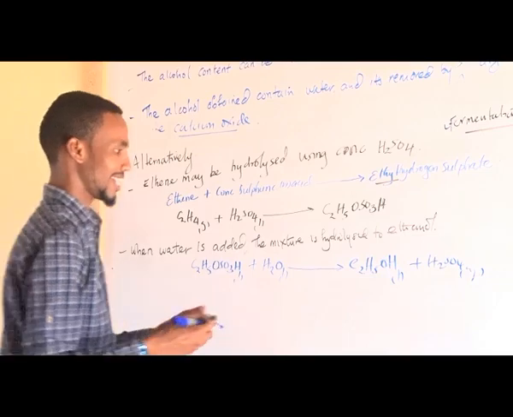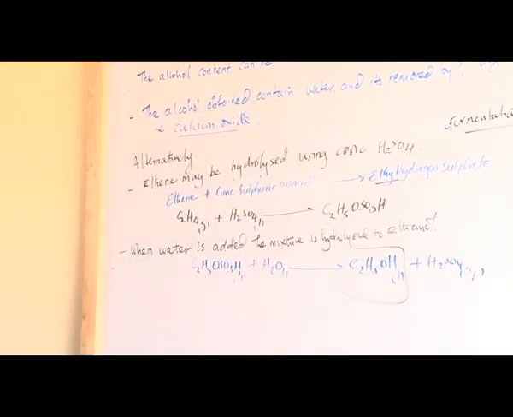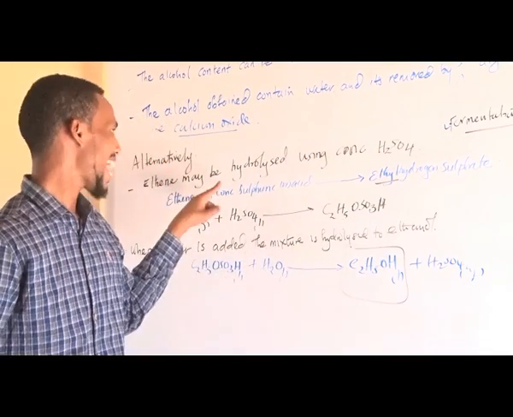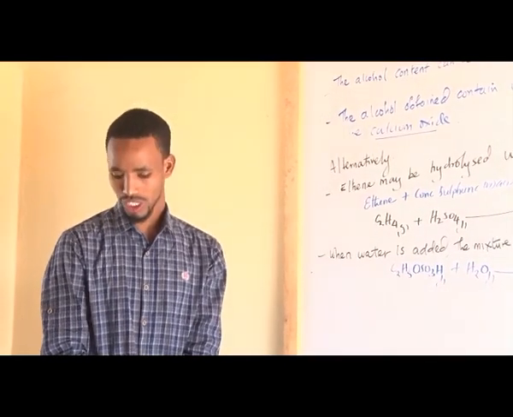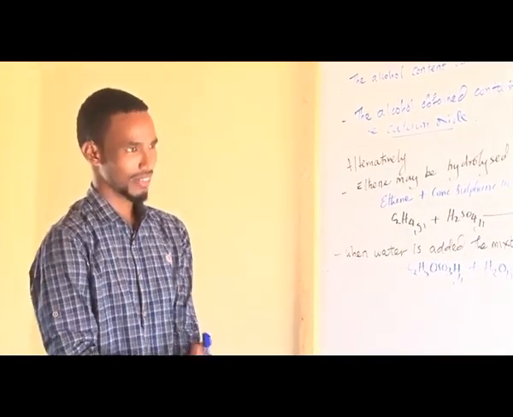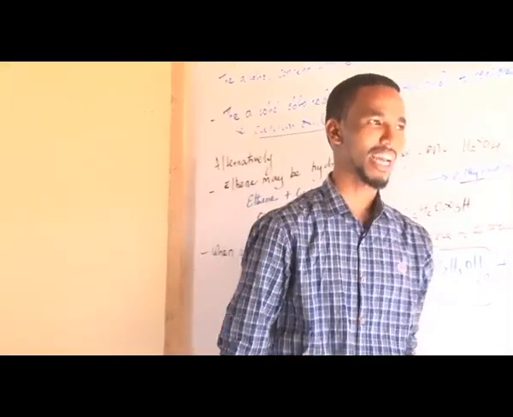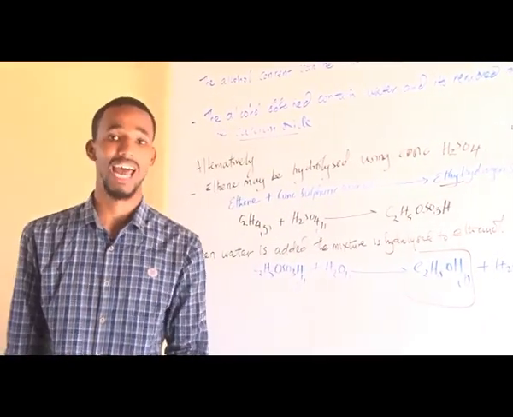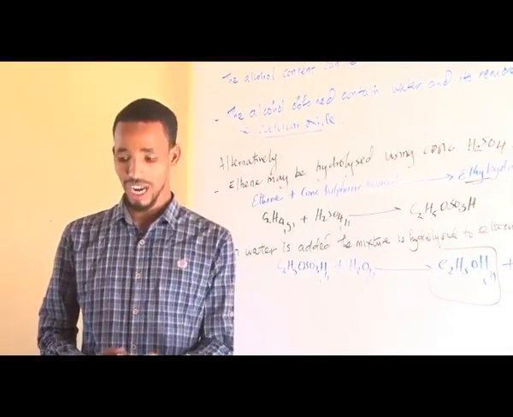So we have obtained ethanol in a two-step process. That's what we have been looking at. Number one, the fermentation process, where ethanol is obtained. Number two, by hydrolyzing ethene using concentrated sulfuric acid. Still, the ethanol that is produced here is not enough. If you want to produce a lot of ethanol on a large scale, the